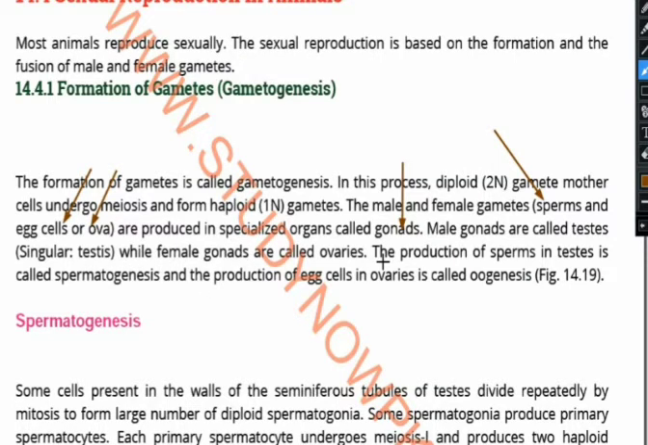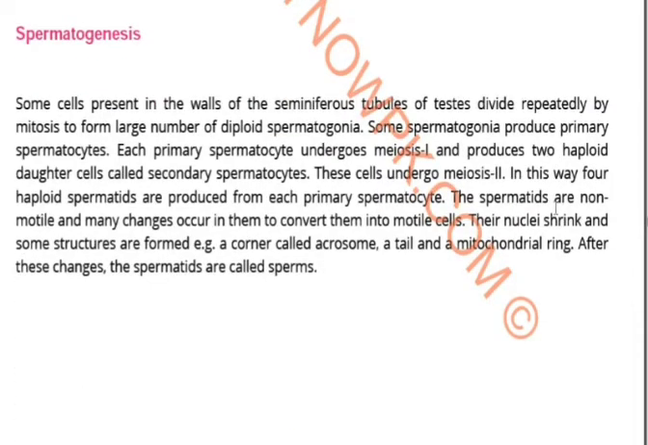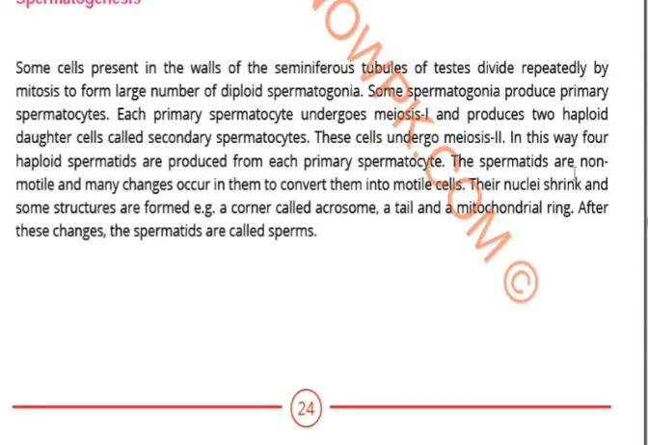The production of sperms in the testis is called spermatogenesis, and the production of eggs in the ovaries is known as oogenesis, which we will be studying now. Spermatogenesis is the process in which sperms are formed inside the male reproductive organ. Some cells present in the walls of the seminiferous tubules of the testis divide repeatedly by mitosis to form